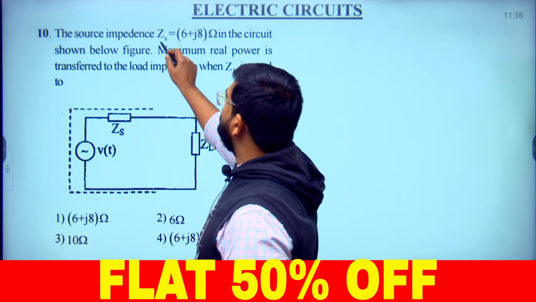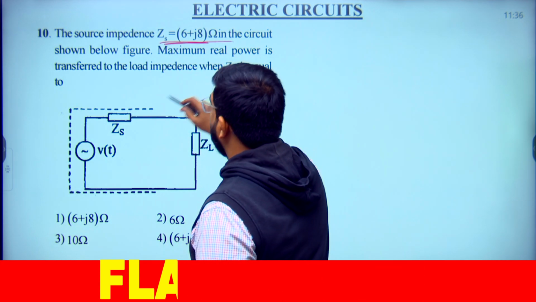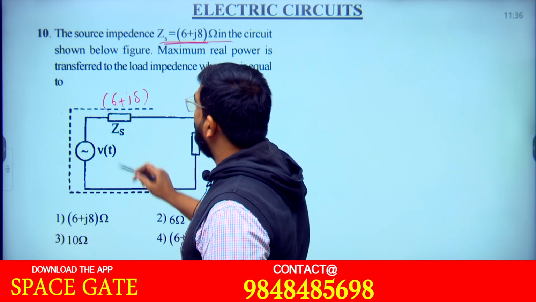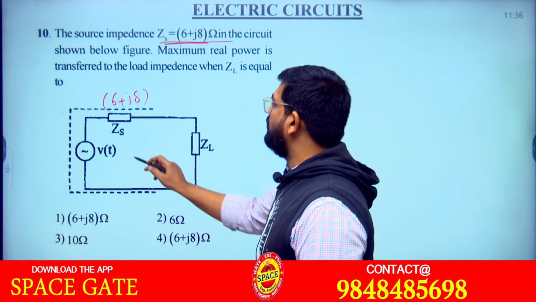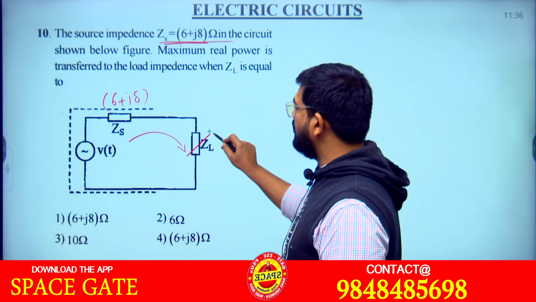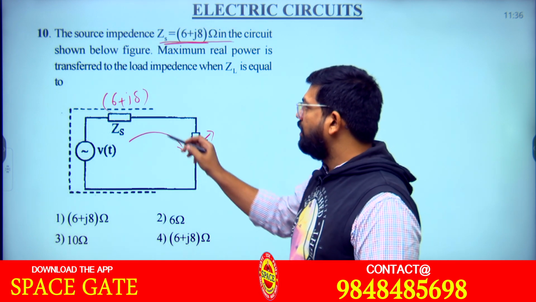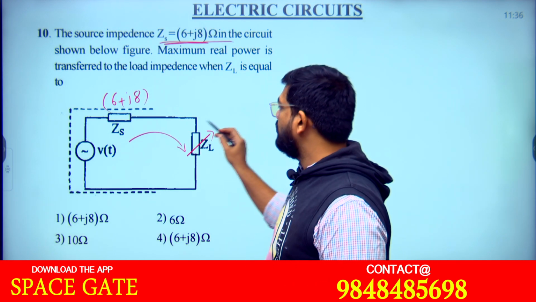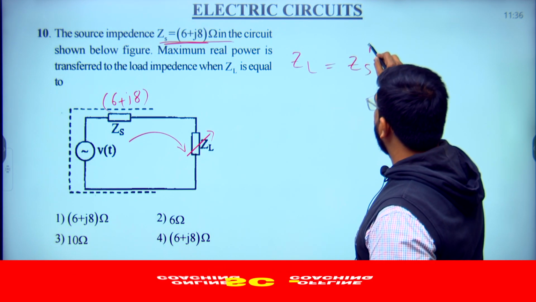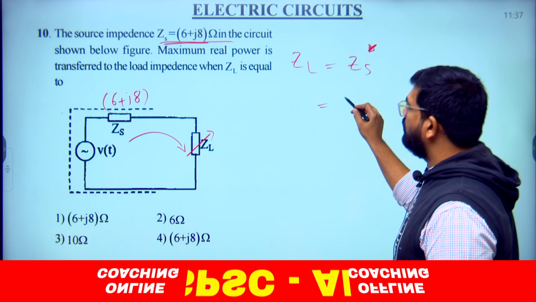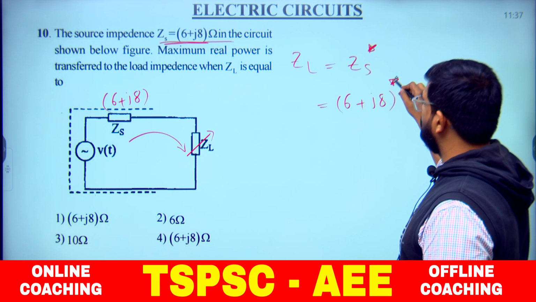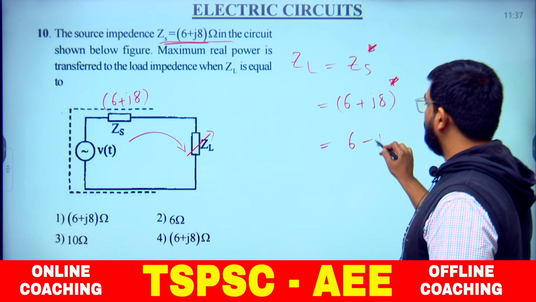The source impedance is 6 plus J8. Here this one is 6 plus J8, and maximum real power is transferred from source to load. Whenever ZL is variable, what is the condition in the maximum power transfer theorem? When the load impedance is equal to the complex conjugate of the source impedance, right? The complex conjugate of 6 plus J8 is how much here? 6 minus J8 is the